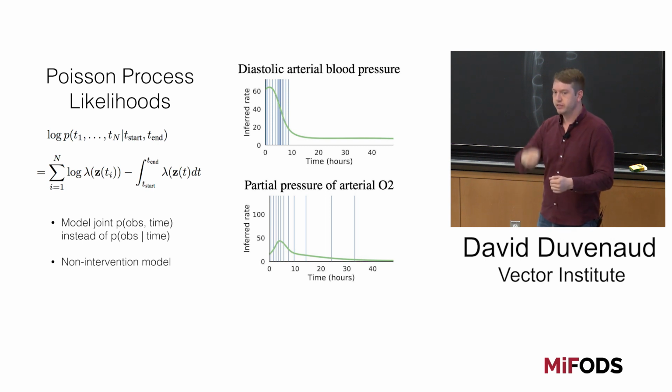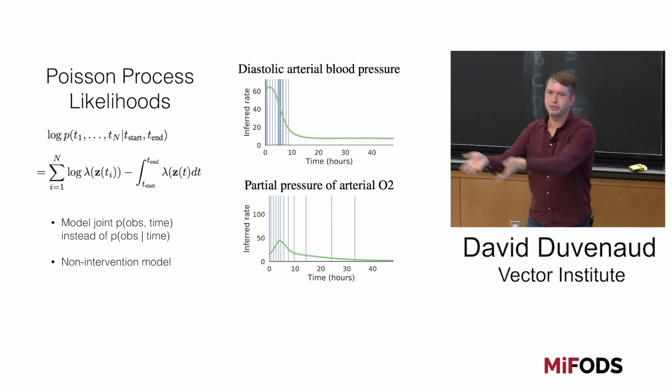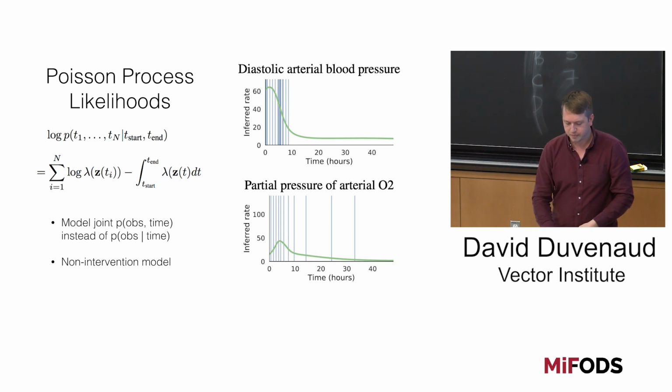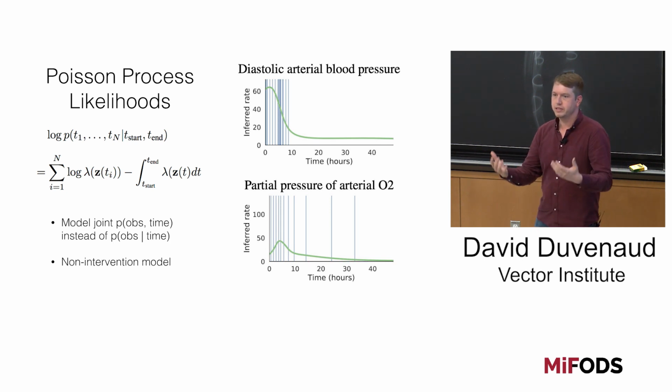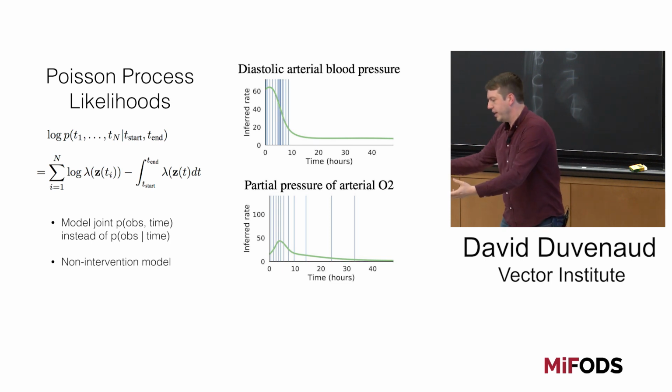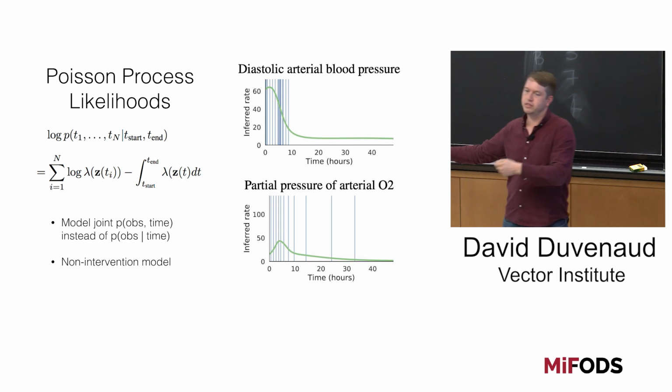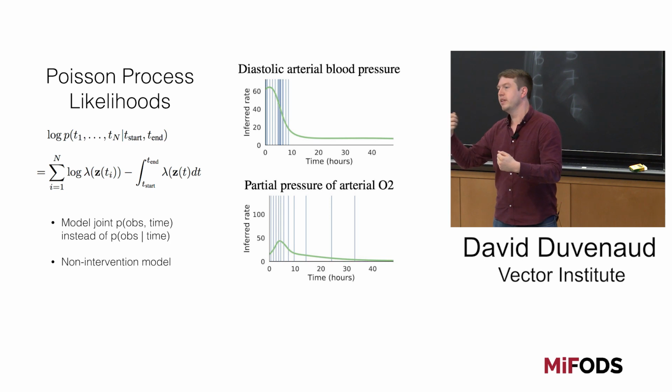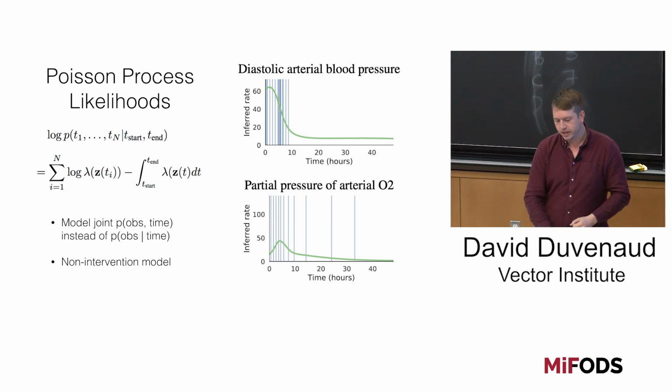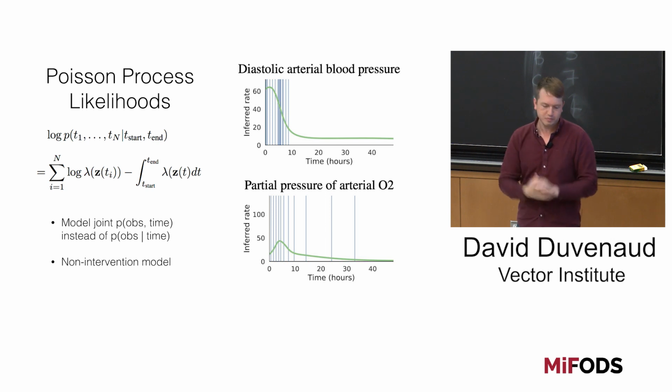So one nice consequence of being able to differentiate through ODE solutions, which is something that has been known for decades, but we just added to PyTorch last year, is that now we can also evaluate Poisson process likelihoods. We can not only model all the data we have conditioned on it arriving at a certain time, but jointly model the probability of something being seen at a particular time and what the measurement is. Here you can see our inferred rates for different measurement types on a certain patient in the data set. And it makes sense that there are a lot of measurements around the time that the rate is high, right? It's just a sanity check.